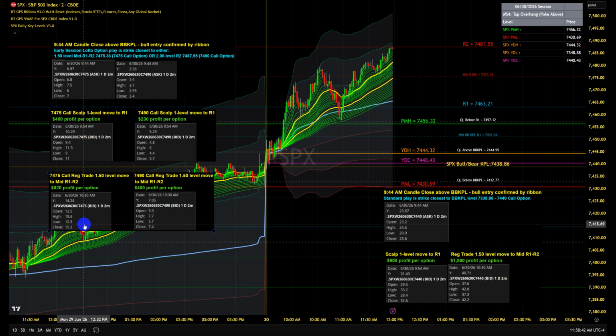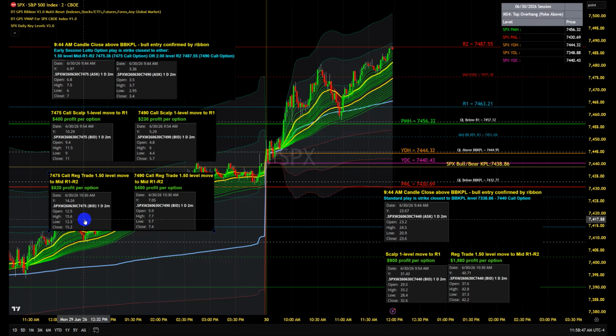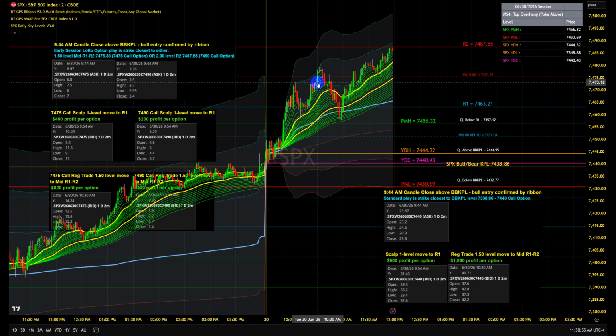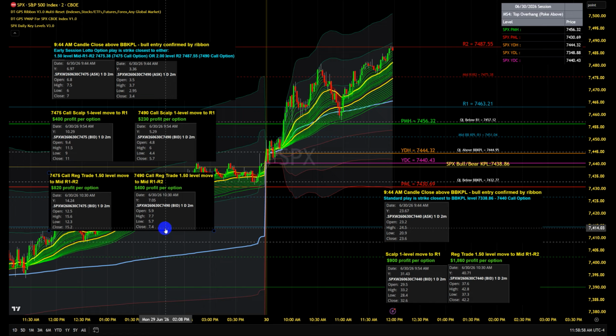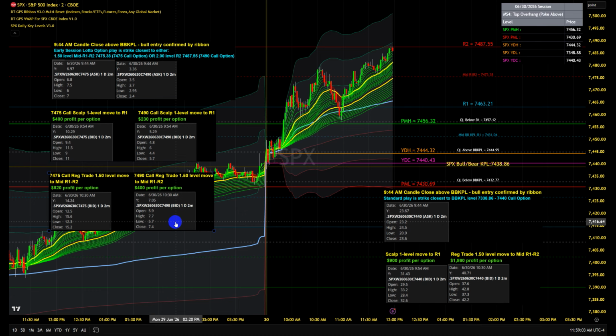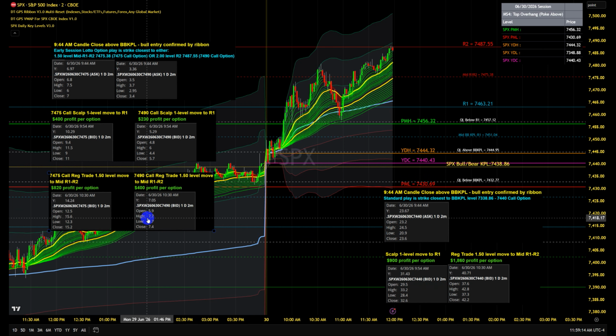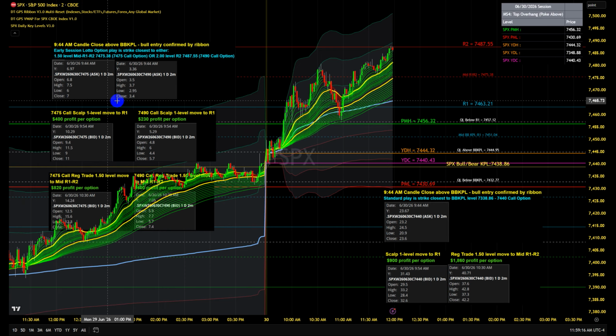Okay, so here at the 10:30 candle, $15.20. Remember, we had $7 putting in. That's $820 profit per option on that one. 74.90 is now $7.40 on the bid here on this. And we only put in $3.40, so that's $400 profit per option. So $400 and $820 versus $1860, but you have to remember you were either only putting in $700 or $340